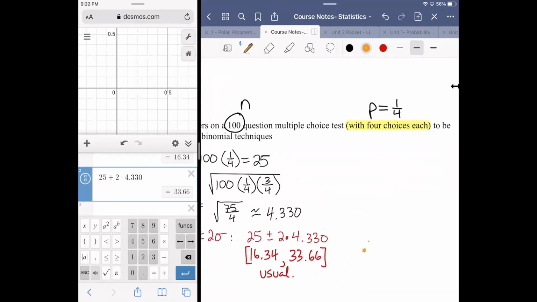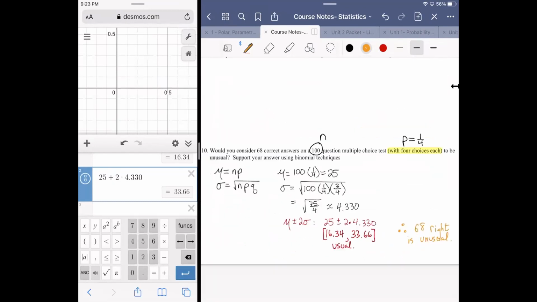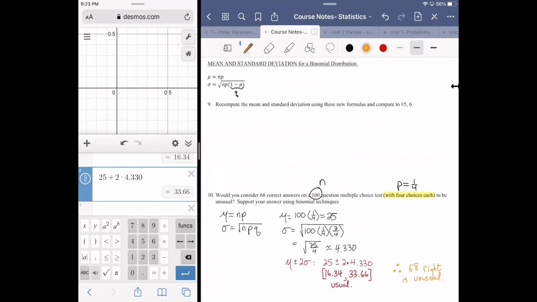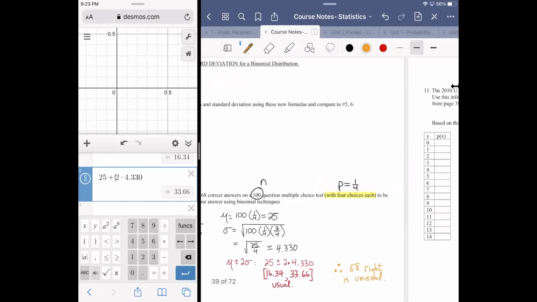Therefore, 68 right is unusual. It's actually extremely unusual, to the point of being an outlier, but that's not what the question's asking. It's saying just whether or not it's unusual. And then,